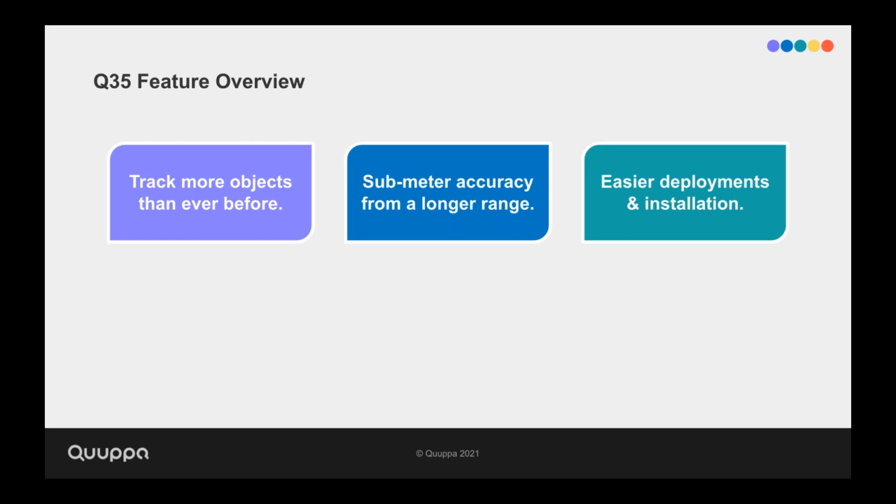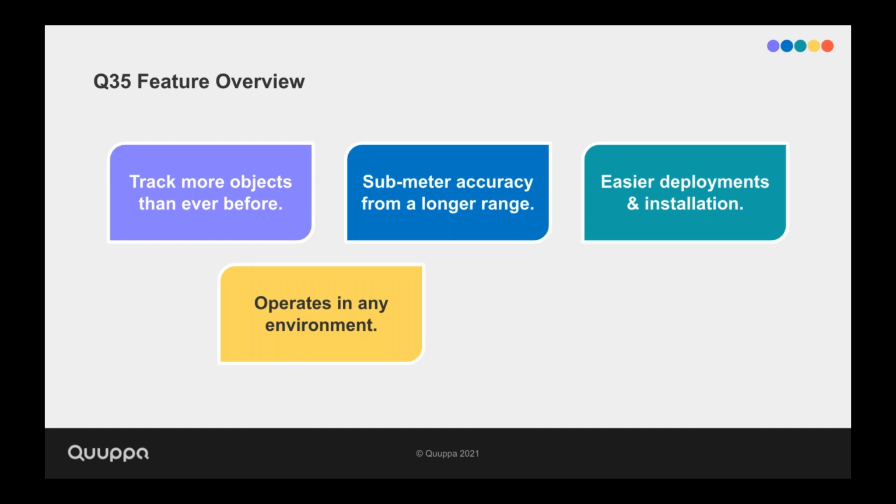The Q35 also includes an LED indicator light on the exterior of the casing, which allows you to immediately assess the status of the locator during deployment, and also includes cover markings to aid in the alignment of the locator during its installation. We've also dramatically reduced the weight of the hardware, now down to just over 1 kilo, which makes larger scale deployments, for example with hundreds of locators, considerably easier. We don't generally like to compare our previous products to the new ones, but I think in this case it's a real improvement considering its predecessor locator, the Quuppa LD7L, weighed around 4 kilos.